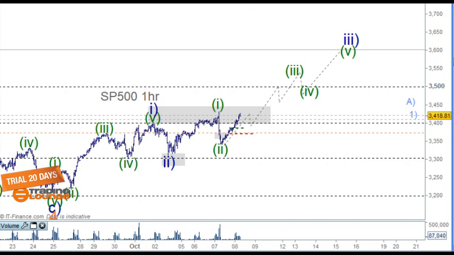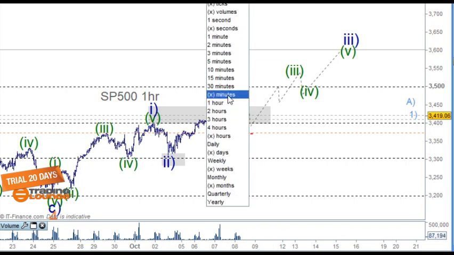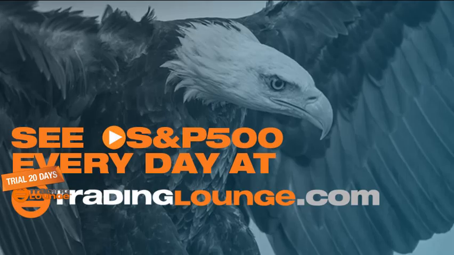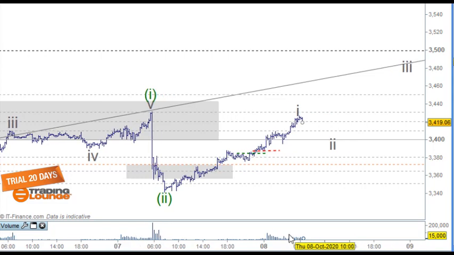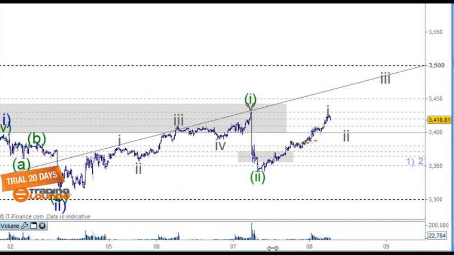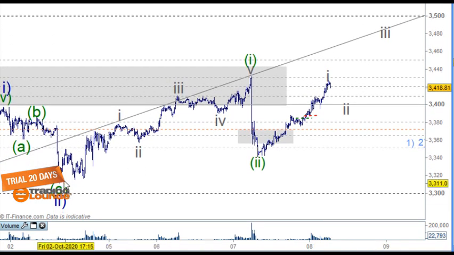Okay, let's just go to the 15-minute chart and drill in a little bit further. We'll also have a look at some Nasdaq stocks and the Nasdaq as well. So just in here, we've got from wave 2 here to wave 1 here. We've got 1 and 2 and 1, 2, 3, 4, 5 for the third wave, fourth wave, fifth wave for 1 and 2, 5 waves up here for wave 3, and ABC for wave 4, and 5 waves up here. It did drop a bit lower than